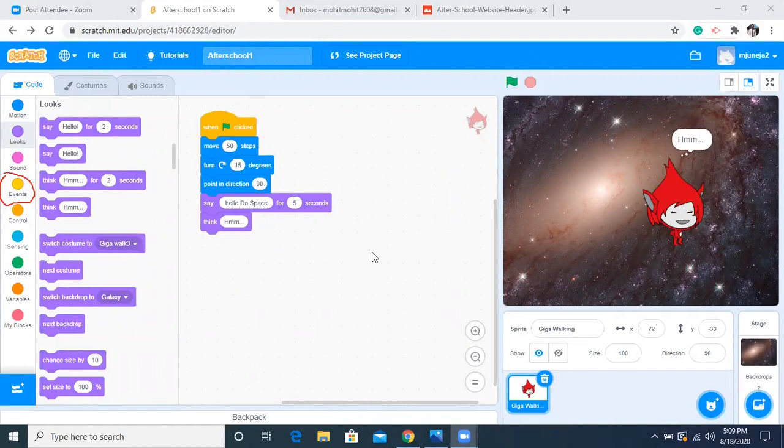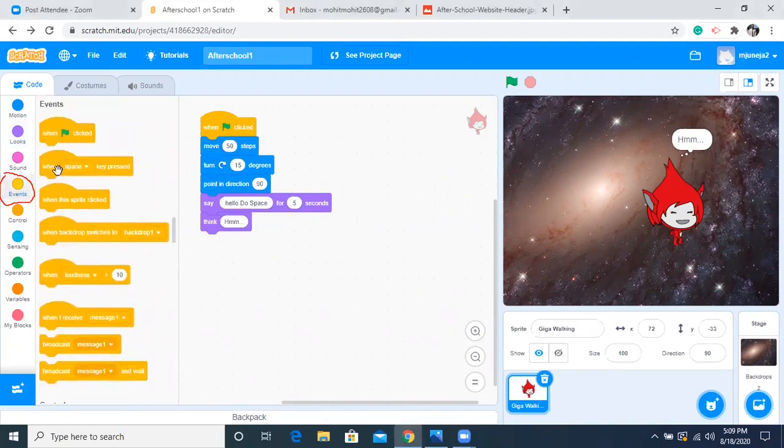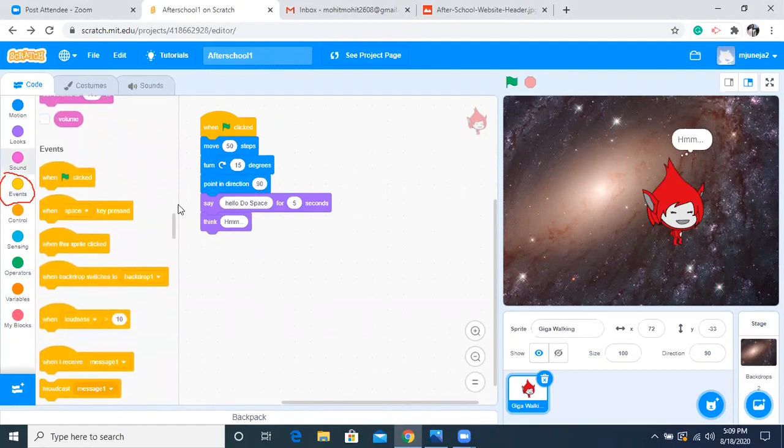So, whatever you want to do with your sprite or your backdrop, you can just keep adding the blocks to this. And also, if you want to do something specific on a specific event, you can go back to events and then you will see there are more options here, like when space key is pressed. So if you want your sprite to do something, for example, if I want my sprite to change his costume after the space key is pressed on my computer, what I can do is choose this one, when space key is pressed, and then I can